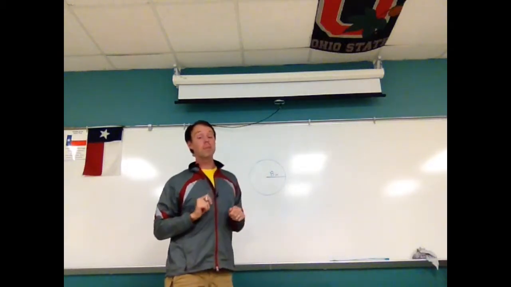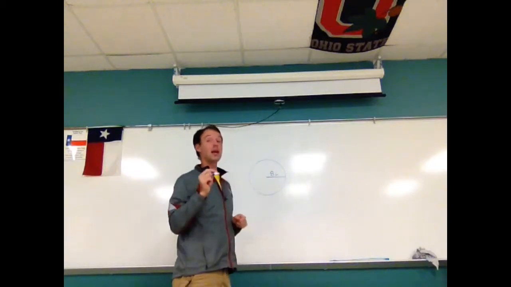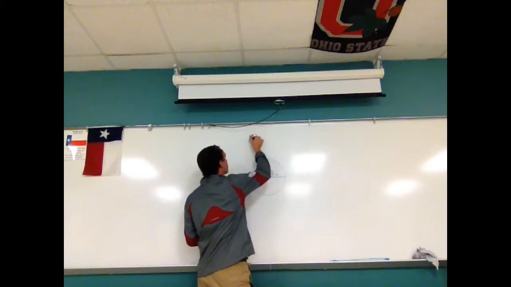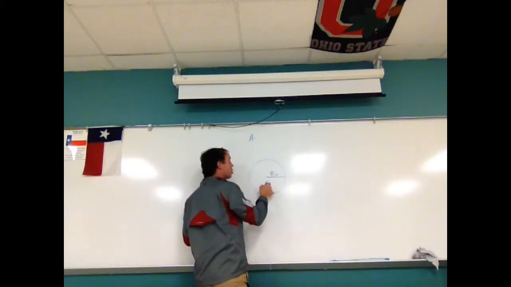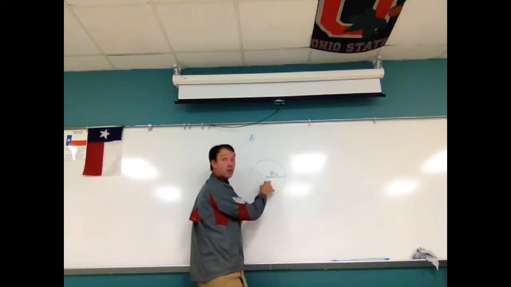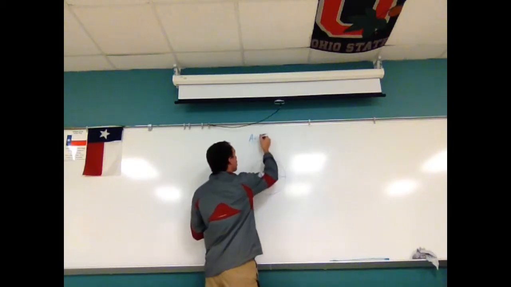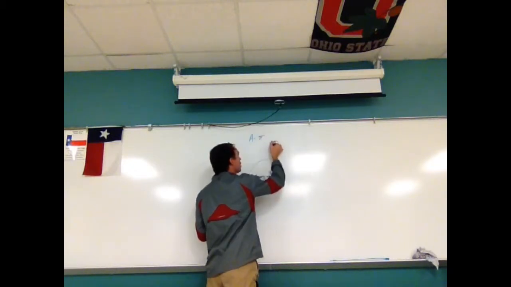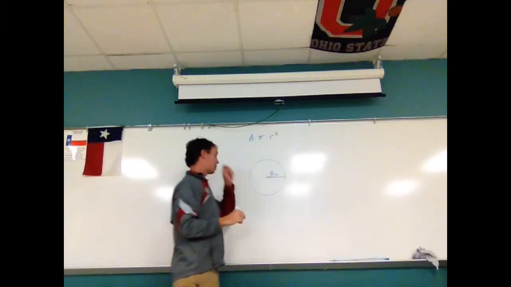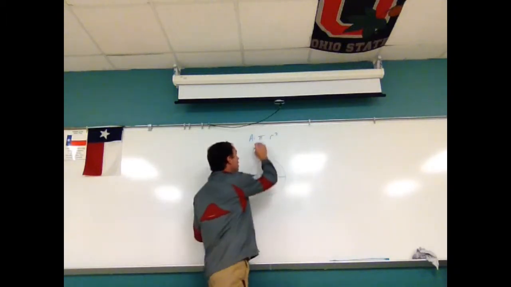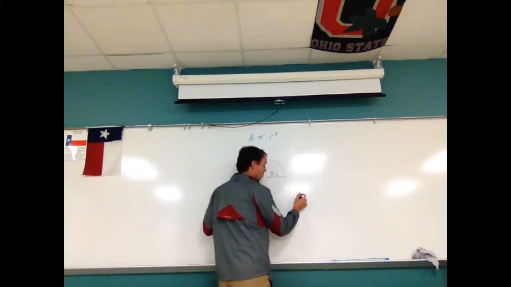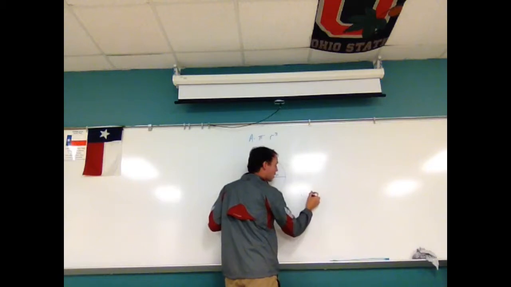I'm going to start with the formula for a circle, which we haven't gotten to yet. We're going to do it in the next unit, but I just want to quickly show you how to find the surface area of a circle, and then we're going to use this formula to get into how to find it for a semicircle and a quarter circle. Our formula is pi, which is the symbol here, times my radius squared. So we just said our radius is 8, okay? Most of you already know that pi is